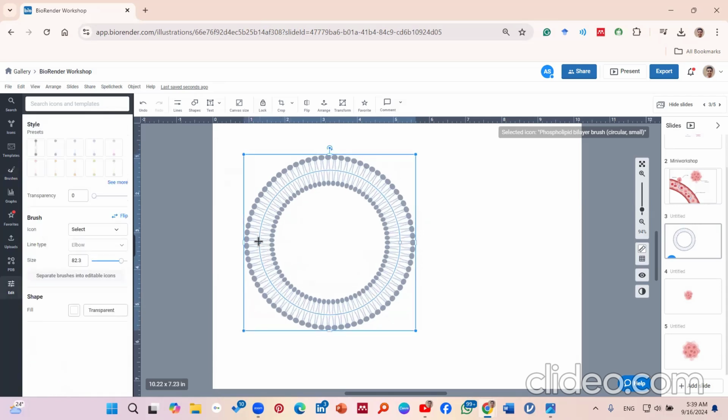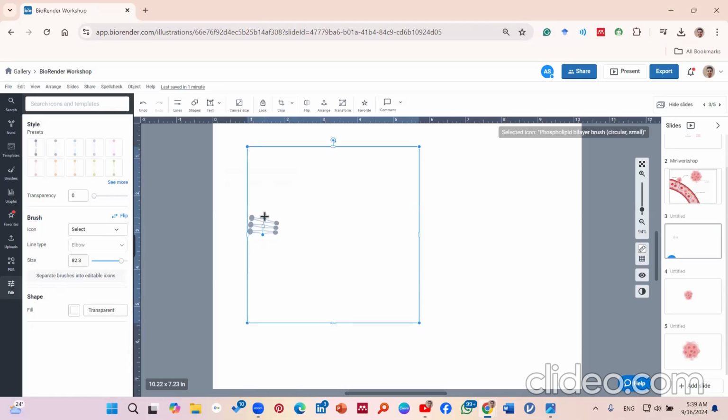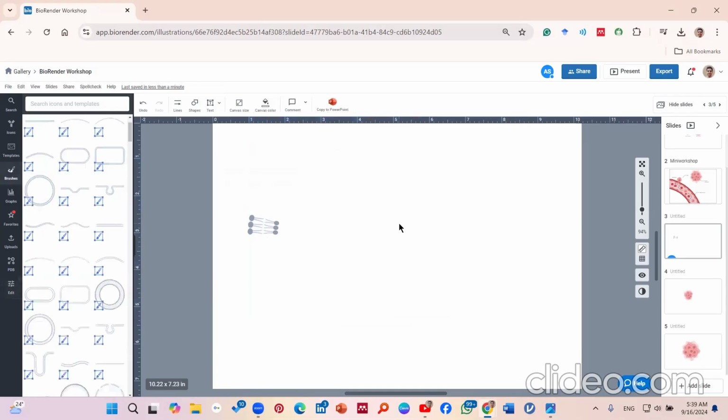So if you see here, you can use this brush if you want to draw a cell membrane. Instead of having only one icon of this, and then copying and pasting every icon beside each other, and then aligning them and so on, you can use a brush. A brush allows you to just draw in the fastest way. So you draw, okay, let me just show you how you can use it. Okay, let's